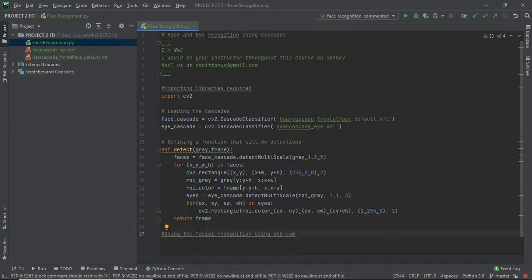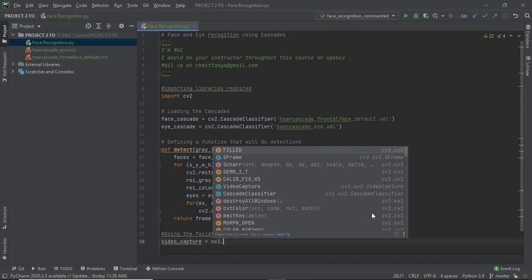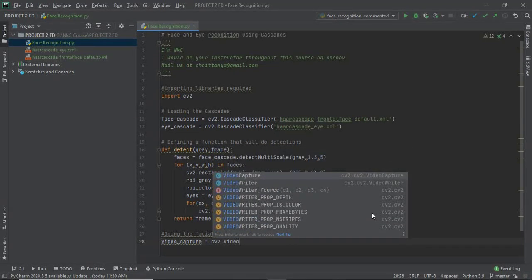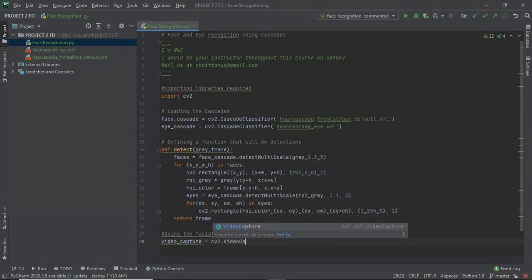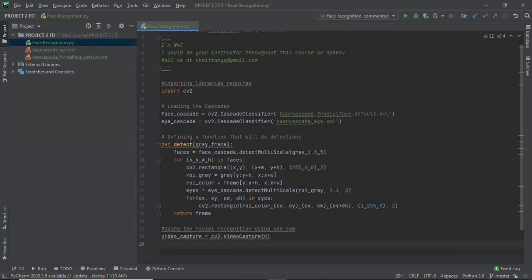Moving on to the final section. video_capture equal to cv2.VideoCapture. This is how we turn our webcam on.